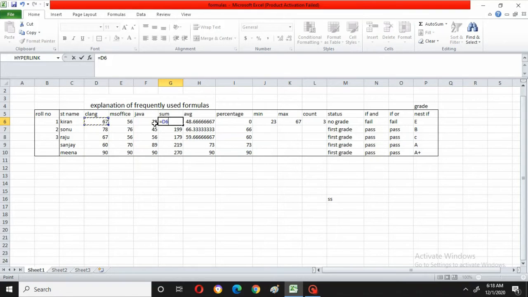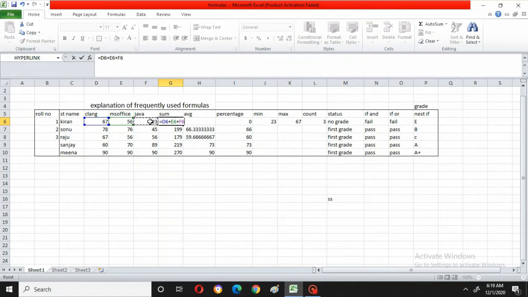Now what am I doing manually? I want to add. I will say plus. Again, which mark do you want? This mark. So I am clicking on it. So it is taking E6, right? MS Office mark is in E6. Now again I will give a plus over there. So what am I doing? I am using it manually. I want to explain both manual and function so that you will understand clearly the difference between manual and function.